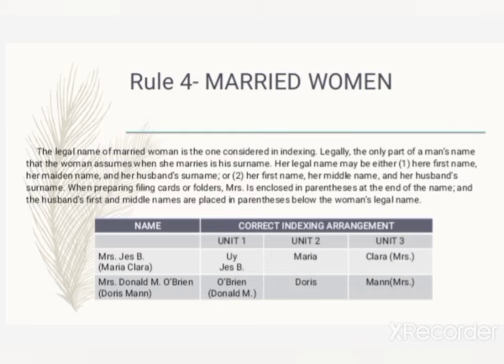Rule number 4, married women. The legal name of a married woman is the one considered in indexing. Legally, the only part of a man's name that the woman assumes when she marries is his surname. In this rule, the surname of the woman is her husband's surname. Her legal name will be either her first name and her husband's surname, or her first name, middle name, and her husband's surname. From the words married woman, it is considered that if a woman is already married,